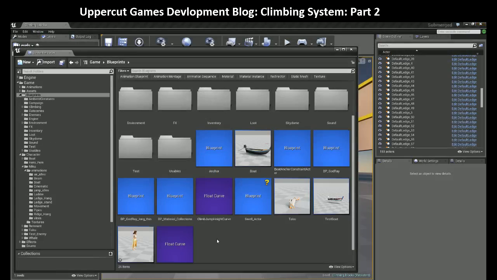Okay, I think that's the end of this look at animation montages and sections and the animation blueprint. I hope that was